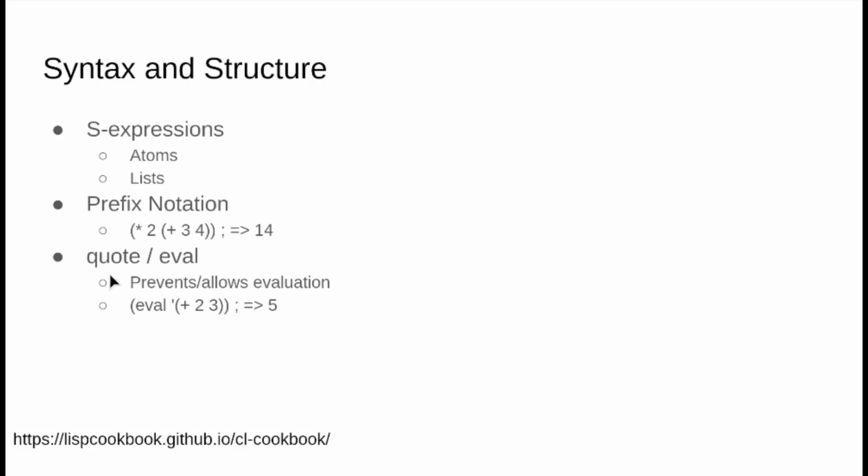There's also this cool thing with quote and eval. So this is kind of what I mentioned earlier about the homoiconicity, that with the quote here you just do a small single quote before any piece of code. That will prevent evaluation in the program. Or with the keyword eval, you can sort of reverse that. There's also other ways to get around this. It gets kind of complicated, but the main idea is that you can switch in Common Lisp between what's code and what's data, what's evaluatable and what's not.